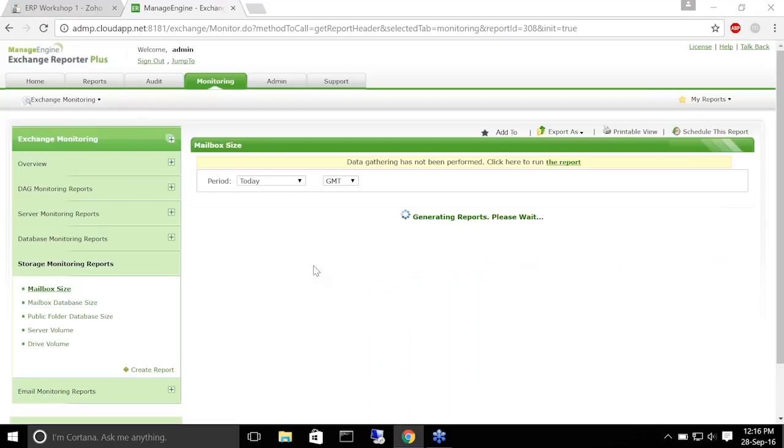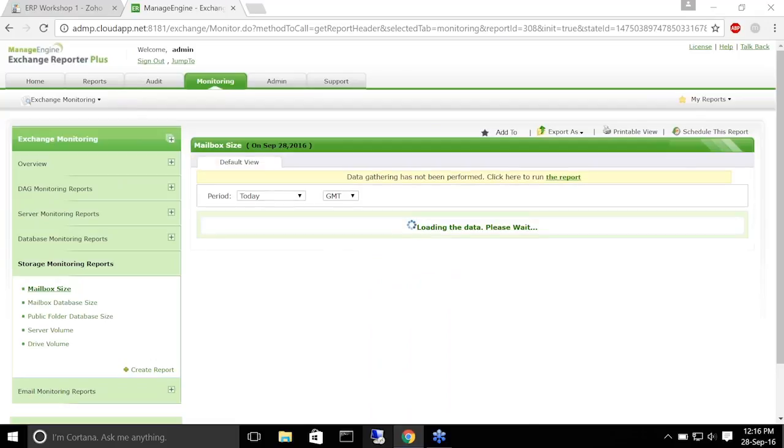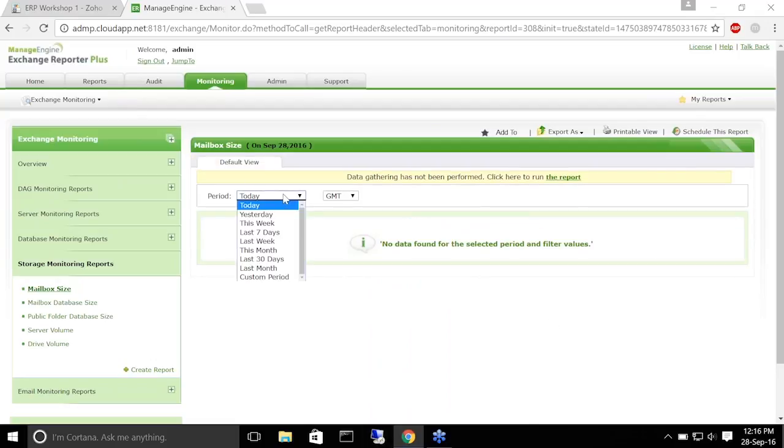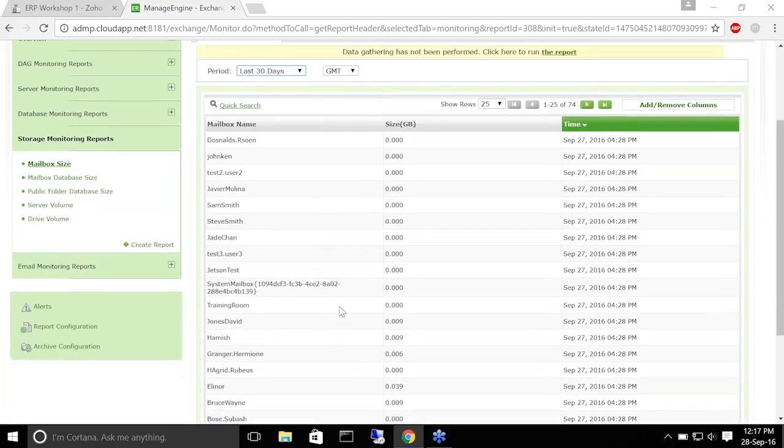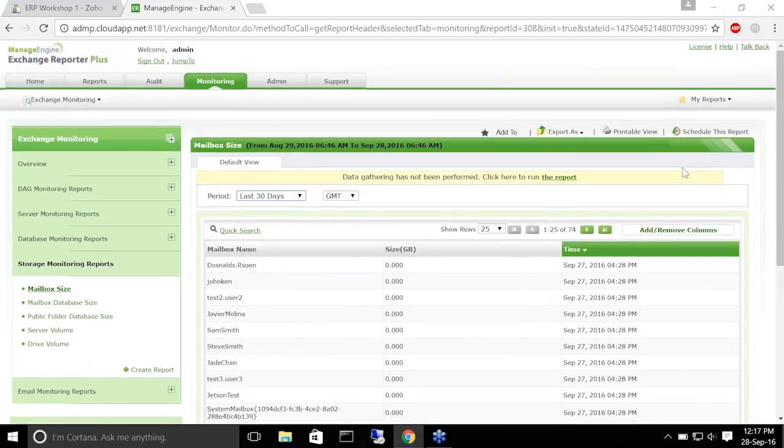So this report lists out the mailboxes and the size of the mailboxes in it. Let me select a particular time period for it. And based on this, this is obtained in report format. So you can see this only when you go and click on the report and the data is generated. No, that is not what you want. You say you want to schedule this report. That is one option you could do with this report. Click on the schedule this report option on the top right corner,